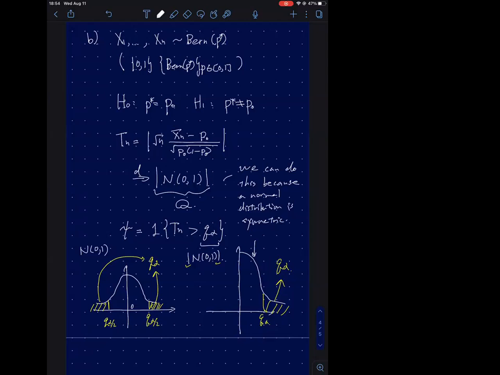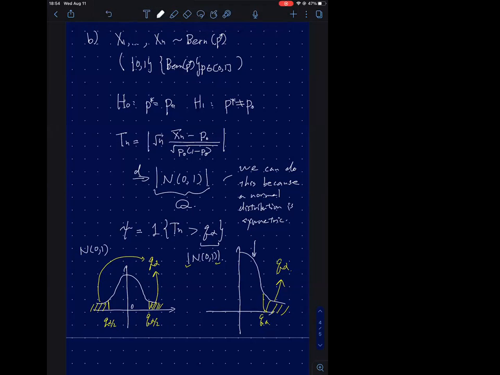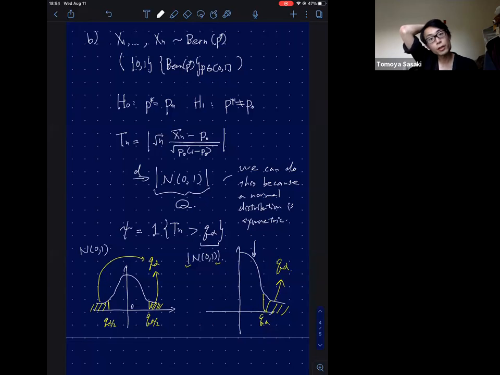Sorry, Tomoya, the one on the right is a different normal distribution than the left, correct? Because it should be. Yes, exactly. It's a little bit different normal distribution, okay. Yes. Because I'm using a different height for the one on the left and the one on the right. Okay. Yeah, you're right that it's a little bit different, but because it's symmetric,